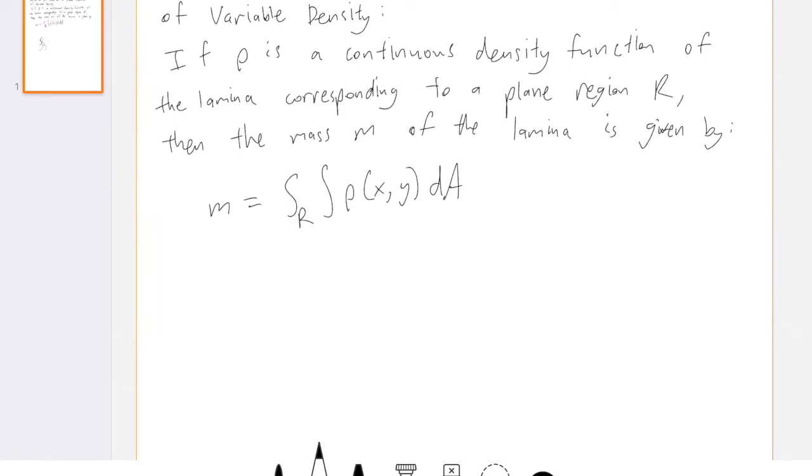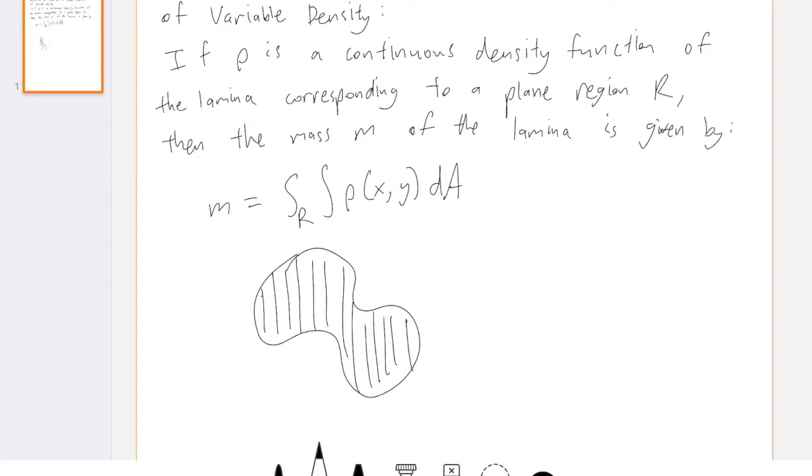So basically this is saying if you have some lamina, which I'm just going to draw as some shape, you want to cut it up into a bunch of dAs. So you'd probably pick one way and then cut the other way, and you'd have a ton of these tiny little squares, each with area dA. And this is basically at one point. So you would take dA and multiply it by the density at that point and basically add up all of these little masses for every point on the surface